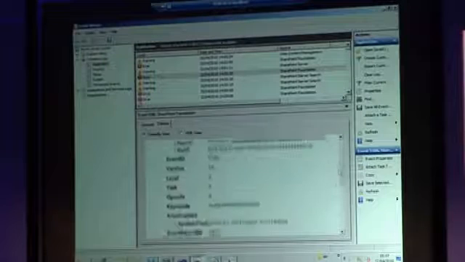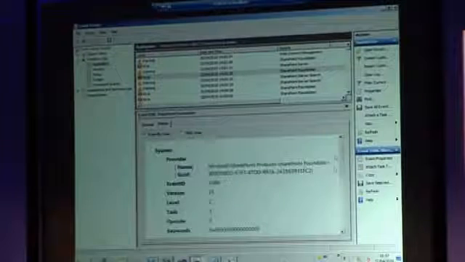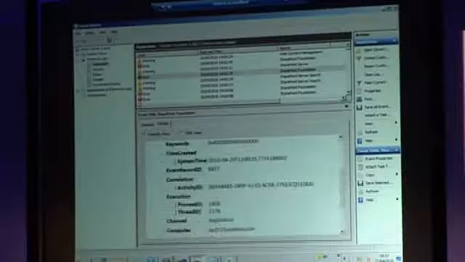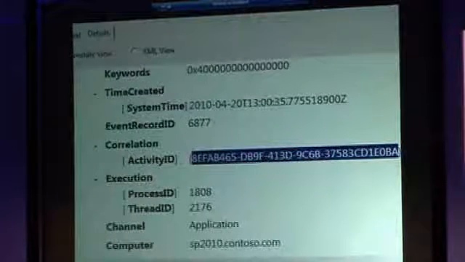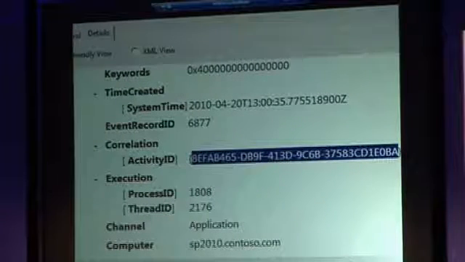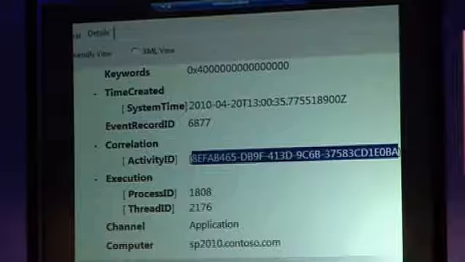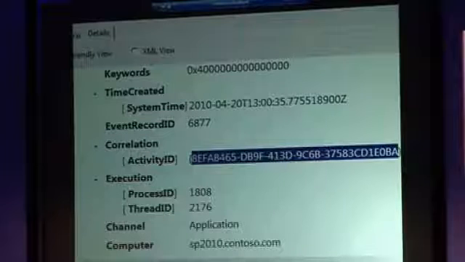Open the friendly view, scroll down, and you don't want the GUID at the top there. You want the correlation activity ID. And I mentioned correlation IDs. We actually push the correlation IDs into the event log entry now. So what I can do, I see an event log entry, I can take that correlation ID, copy that now,